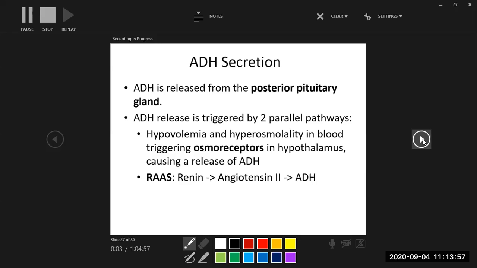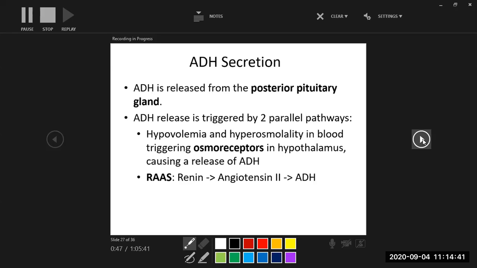All right, ADH secretion. What regulates the ADH secretion? ADH is secreted, you need the word secreted, in the posterior pituitary gland, and its release is regulated by two mechanisms. One is in the hypothalamus, where we have a sensor to detect blood osmolarity. If our blood has high osmolarity, meaning that it's very thick, with low water content,